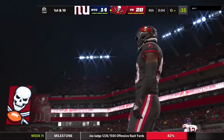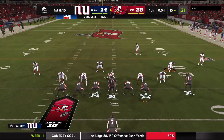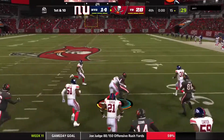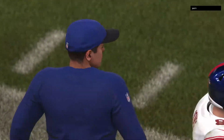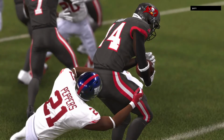Well, that drive wasn't a case of wanting to put points on the board. It was needing to, having to, and they didn't get it done. Yeah, didn't get it done, and now you look at the situation and the point differential, 2 scores, pretty much game, set, match. How about the takeaway, though, huh? How about those defensive guys? So fire the cannons. It's a victory here for Tampa Bay. And it was their defense that really made the statement after the break. They pitched the second half shutout. Yeah, think about